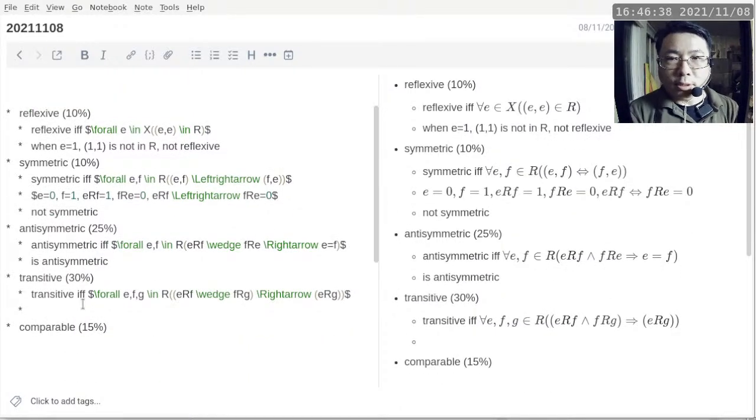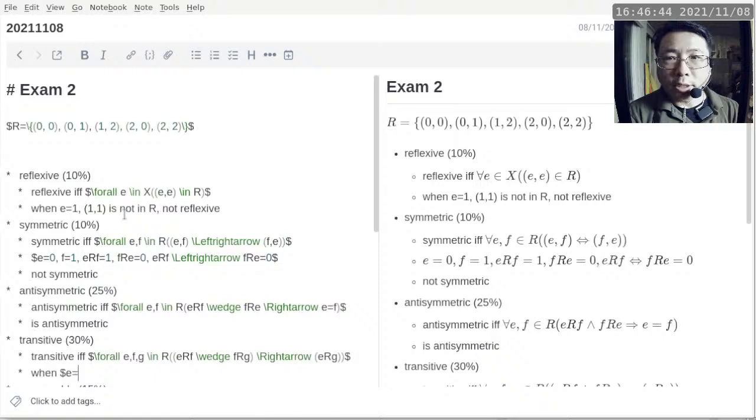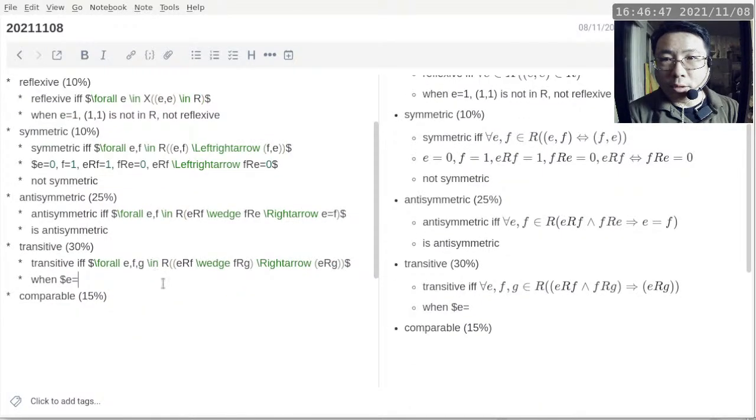So the answer to this question is when E equals 1, F equals 2, G equals 0, we will have E R F and F R G is true,